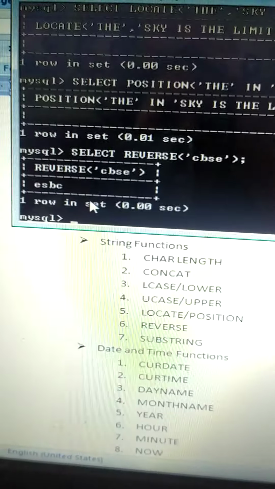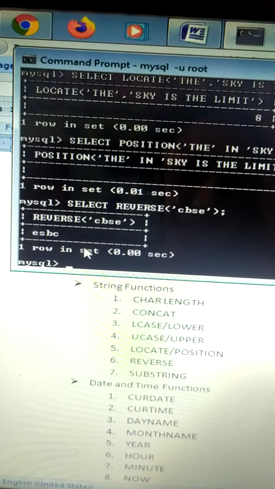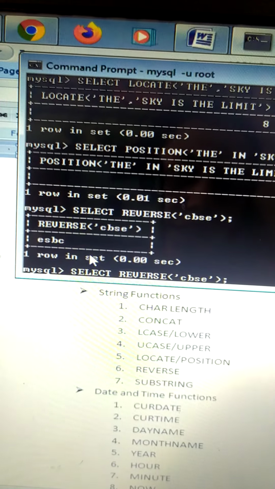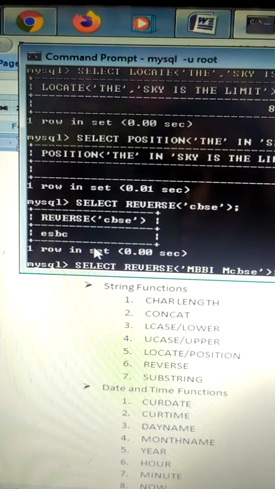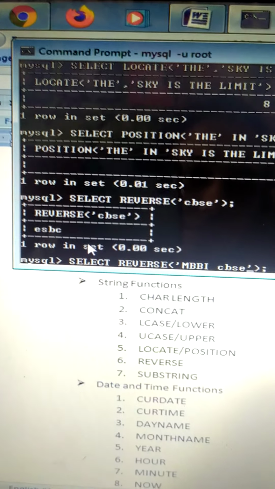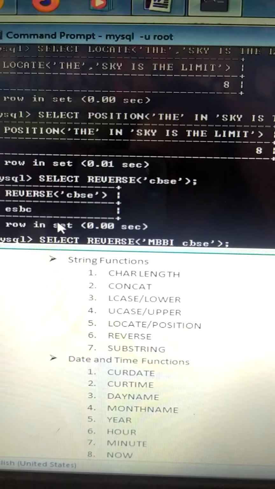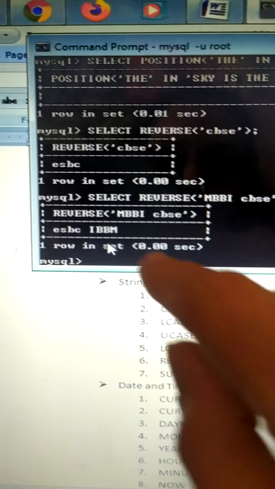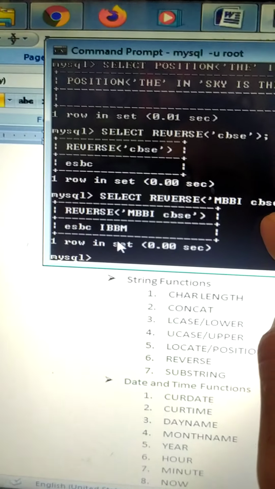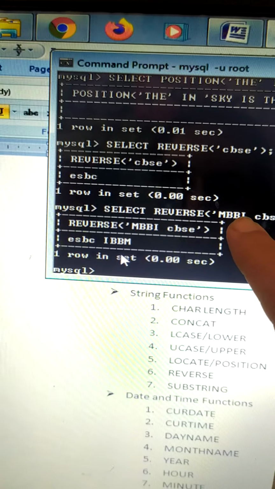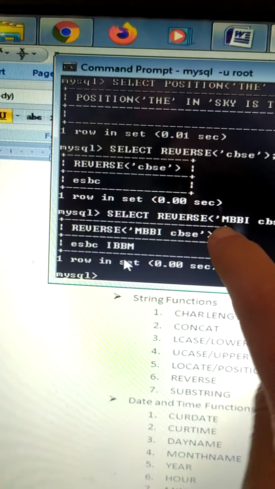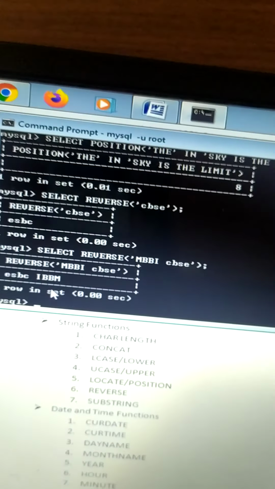If you type a whole string, now suppose I will write it as MBBI CBSE, so what will be the output? First, it will be ESBC, then IBBM. The whole string will be reversed.